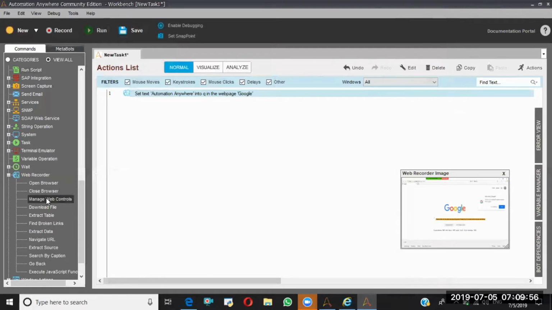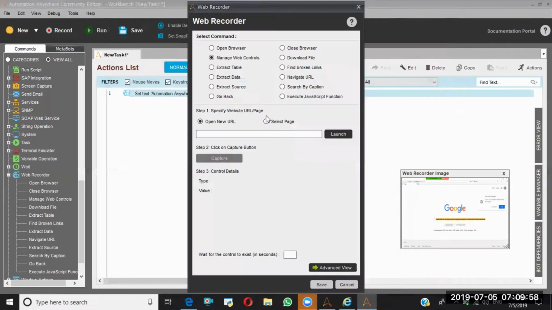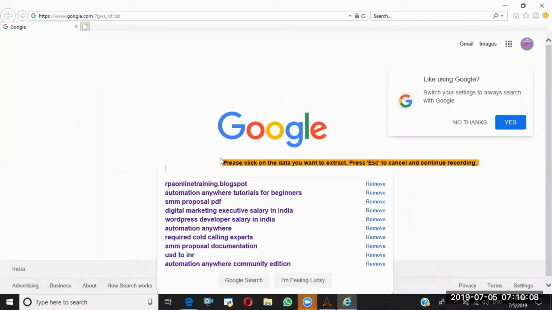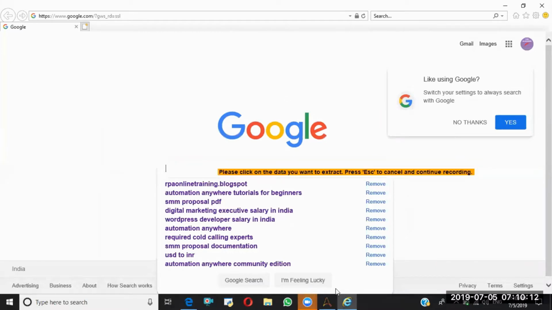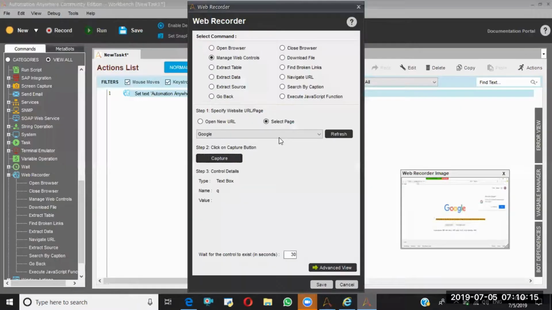Again I'm going with manage web controls. This time I'm selecting the select page and I'm going to select Google. Now I'm going to capture. I'm clicking on this, and whenever I capture that, I go to the advanced view.